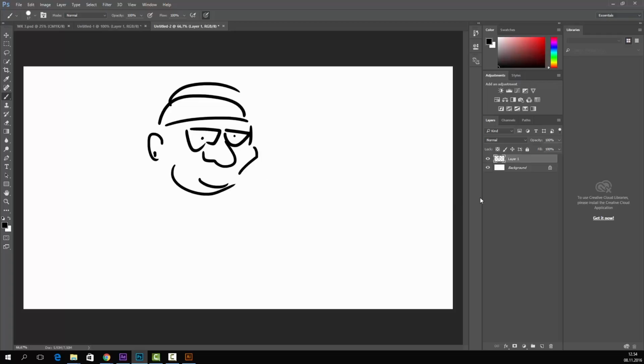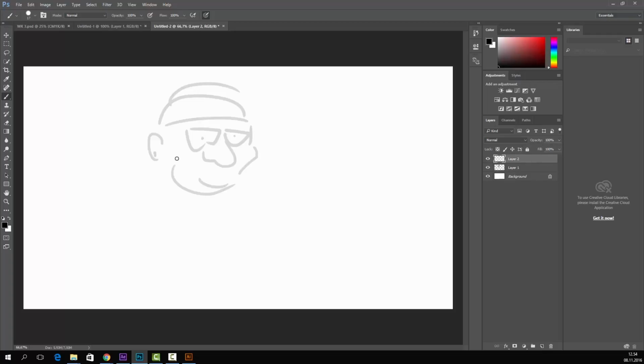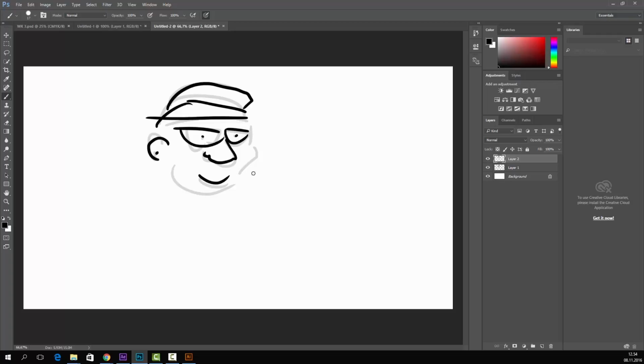Whoa, that's great. That's done. I'm happy with that. What I'm gonna do is make a new layer, turn down the opacity on this layer, and then do the same drawing again, but intentionally a bit different. You could try and make it fit with the other one, but you could also just mess it up a bit